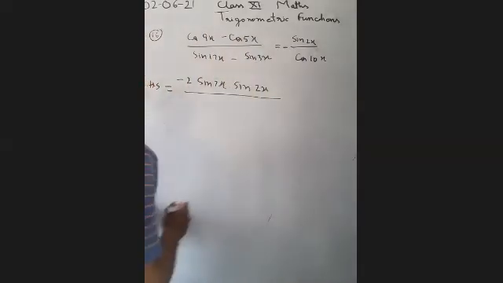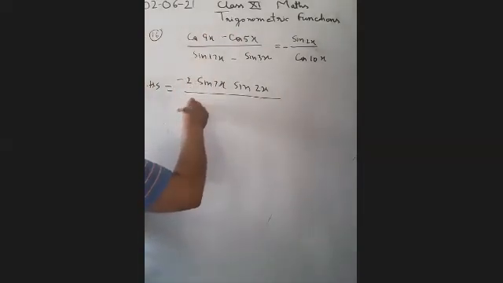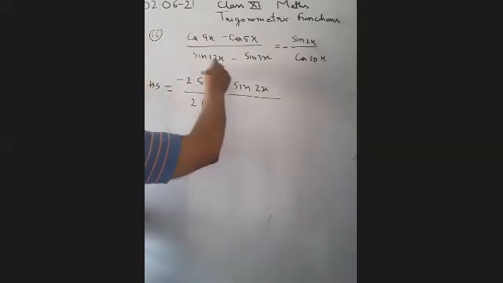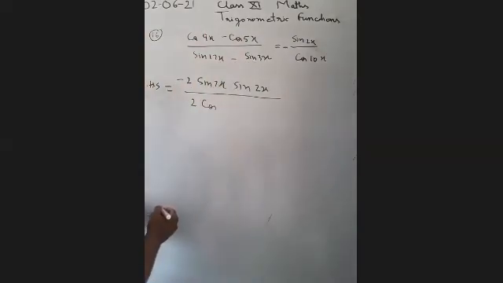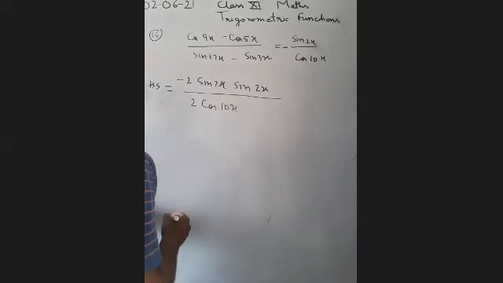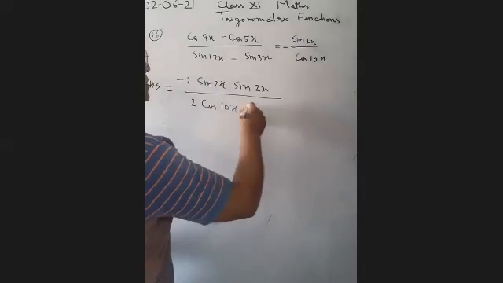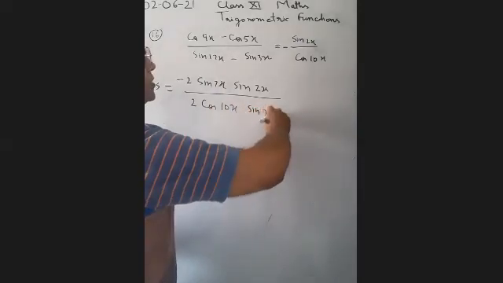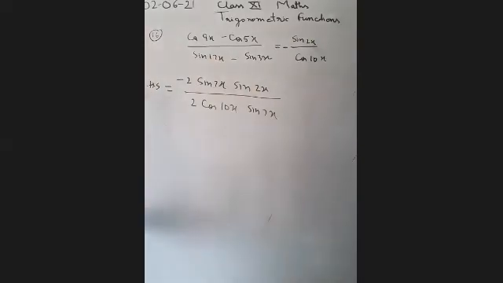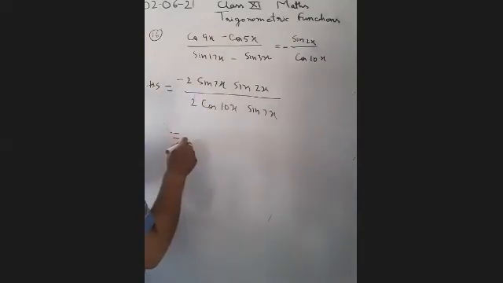Sin C minus sin D. The same way we have to use the CD formula here also. So 2 cos (17 plus 3), which will be equal to 20, divided by 2, we get 10x. 17 minus 3, it means 14, divided by 2, we get 7x. Wherever we use the CD formula, in terms of sine we get both cos and sin, but in terms of cos, you get either cos or sin.